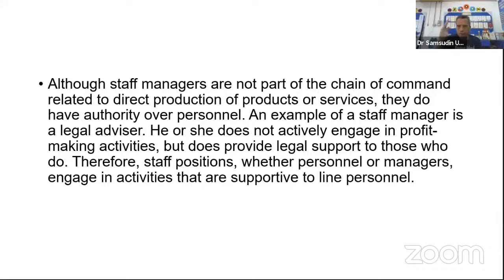For the line personnel, maybe the CEO for production, the CEO for marketing, for promotion, for events. All these CEOs are considered line, but the administration manager or personnel must engage in all the activities in